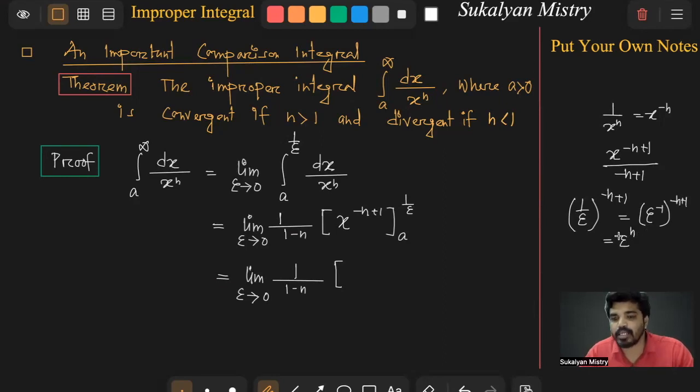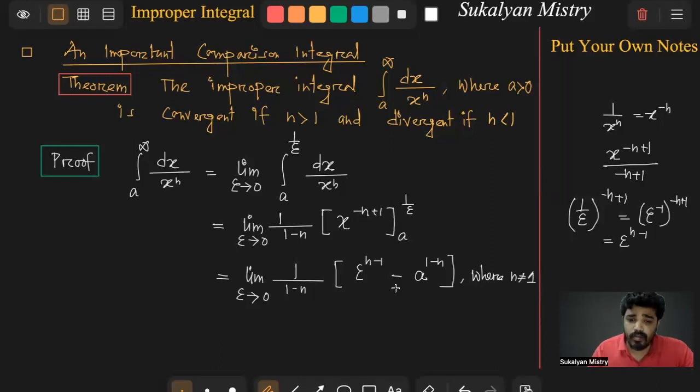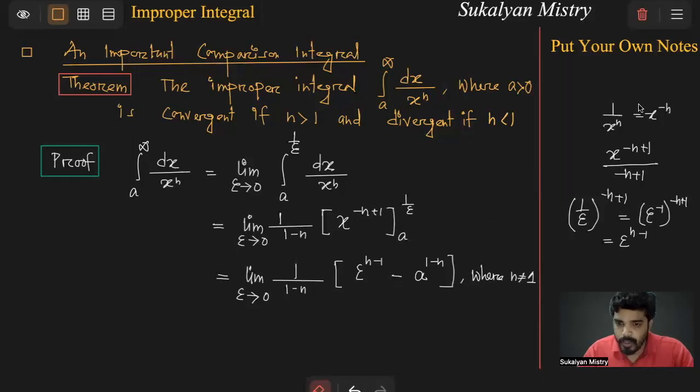n minus 1, clear? So epsilon to the power n minus 1 minus, এবার লোয়ার লিমিট পুট করছি, so a to the power minus n plus 1, okay, ঠিক. I think up to this clear, so where n is not equal to 1, okay. এবার খুব ভালো করে দেখবেন, we know that